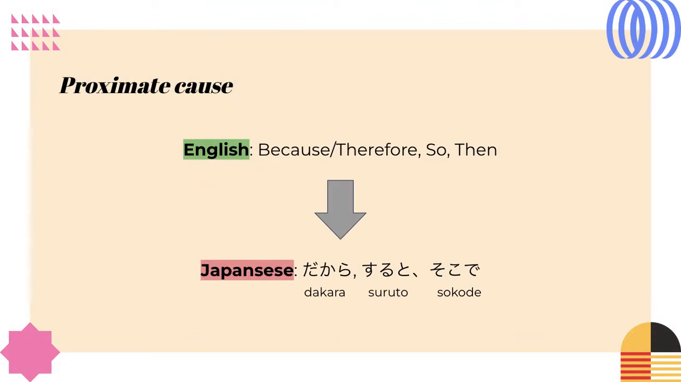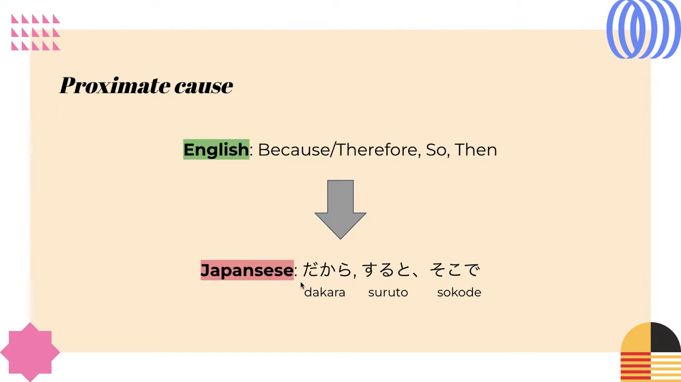The first one is proximate cause. So in English, proximate cause would be because, or therefore, so, and then. But if you try to translate that into Japanese, it would be だから、すると、そこで。